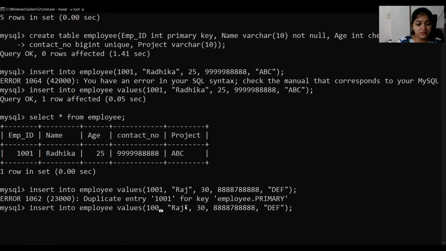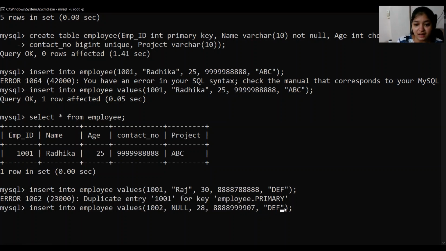Now let's give this and leave this as null, as in let's leave the name as null. Let's give age as 28 and let's give contact number as anything. I'm giving random values.